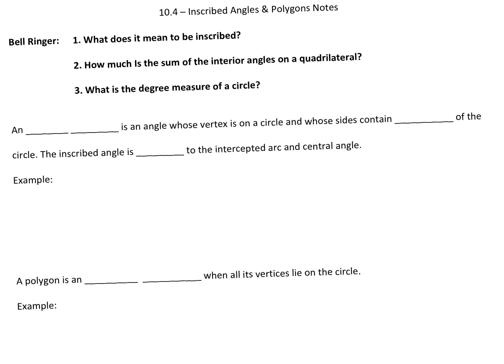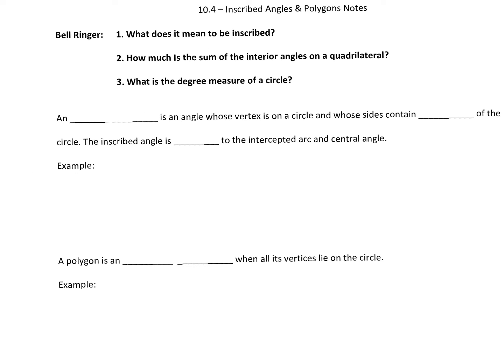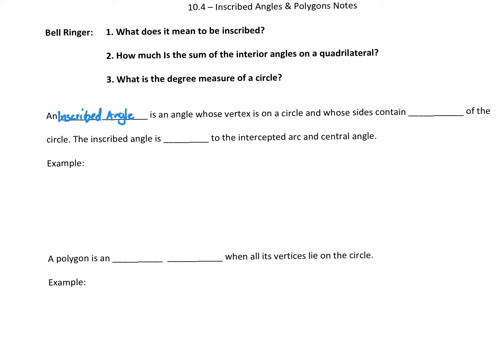In 10.4, we are talking about inscribed angles and inscribed polygons. So an inscribed angle is an angle whose vertex is on the circle. So basically it has to be on the edge of the circle and contains the chords